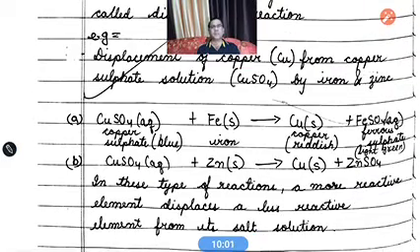Second example, now copper sulfate plus zinc. Zinc is also more reactive than copper in the copper sulfate. Again I am telling you, suppose sulfate is the chair, copper is sitting, zinc is a more reactive element, so zinc easily displaces copper from copper sulfate and it forms Cu plus ZnSO4. So in the first example, iron is displacing copper from copper sulfate, and in the second example, zinc is displacing copper from copper sulfate. So these are the two best examples of displacement reaction.